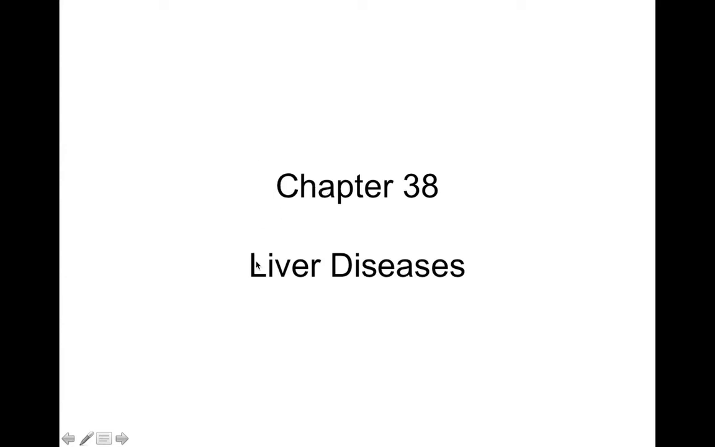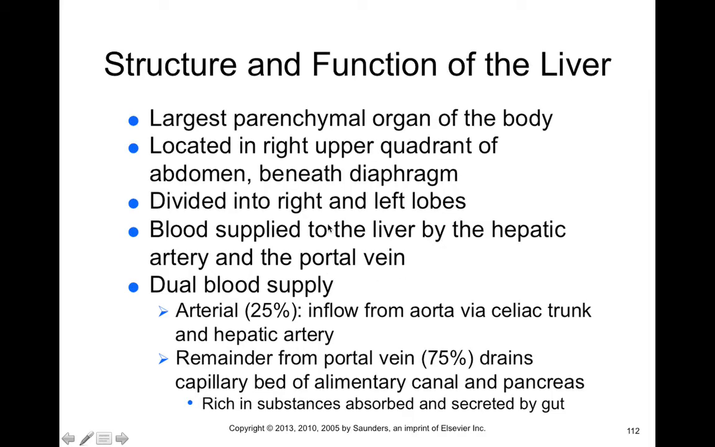In chapter 38, we're going to talk about liver diseases. So we'll first start out talking about the structure and function of the liver. It's the largest parenchymal organ of your body, so this means that it has sort of a solid structure to it. It's located in the right upper quadrant of the abdominal cavity, just beneath the respiratory diaphragm, and it's divided into two main lobes. We have a right lobe and left lobe of the liver,